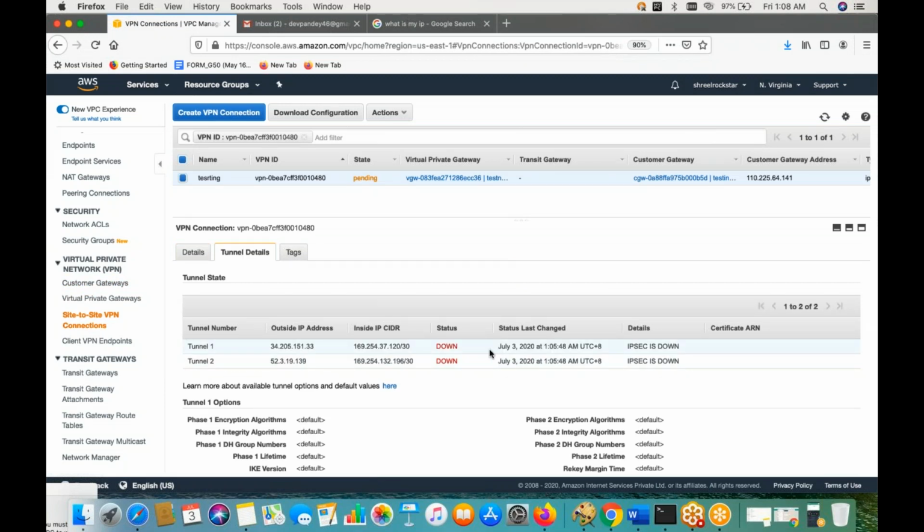We don't have any real-time IP, but once I configure this and the pending state goes green, my customer will use my text file to complete the process from their end. When both sides' handshake is done, then I can see the tunnel status up here. I always get tunnel 1 and tunnel 2 because I'm working in high availability, so in case one is down, the other will take the traffic, so that it is managed all the time in an HA, high availability process. Okay.